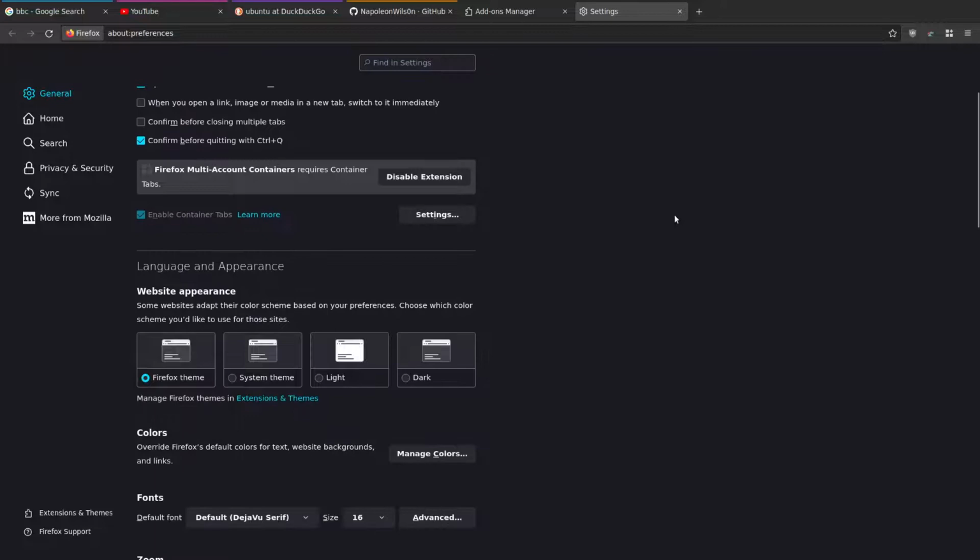And in the general, we set this to Website Appearance Firefox Theme. And again, what that does is that then uses the theme that you specified in Firefox. And I have found, I'm not going to change these because I don't want to bugger things up as I've got it working, but sometimes you can change the system theme or dark theme and get it to work as well. But really, once you get this set up and working, I'd recommend not playing around with stuff, because I found it is quite easy to actually break and